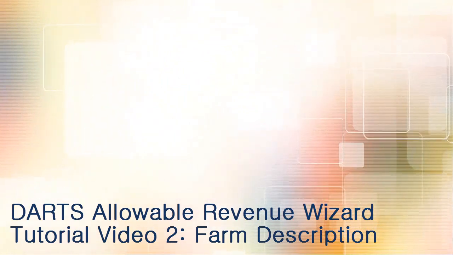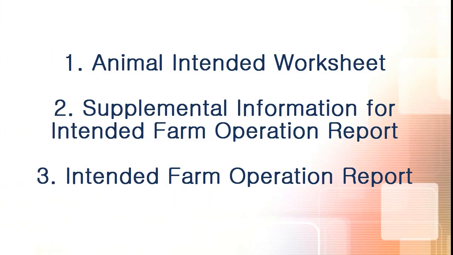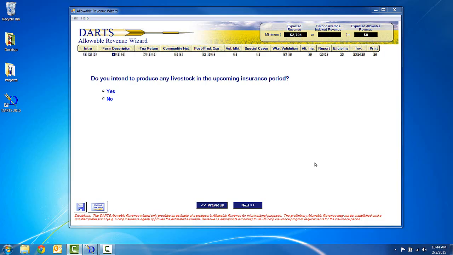This is the farm description, the second installment of the DARTS Allowable Revenue Identification Wizard tutorial video series, which covers the animal intended worksheet, the supplemental information for intended farm operation report, and the intended farm operation report. Beginning at item number 4 up here on the navigation bar in the farm description section, we are presented with